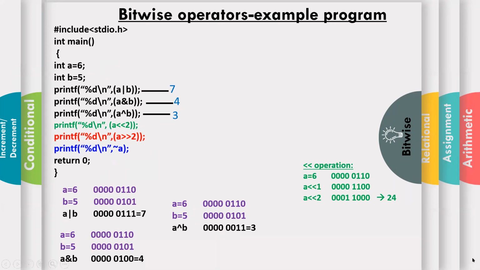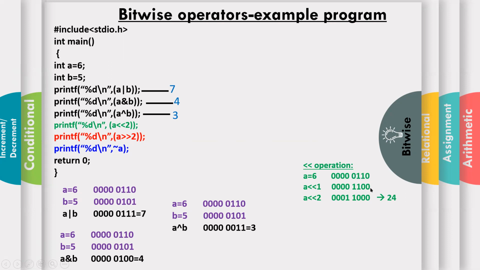So I applied the first time, A left shift 1. So what does it mean? The bits are moved to the left side. For example, see here, this one is moved to this position. You observe clearly. This one is moved to this position below. Similarly, this one is moved to this position. So 1, 1, 0 becomes 1, 1, 0, 0. If you move this one to here and this one to here, this 0 to here, a blank is there on the right side, and in that blank, you put one more 0. So here, one bit is moved to the left side.